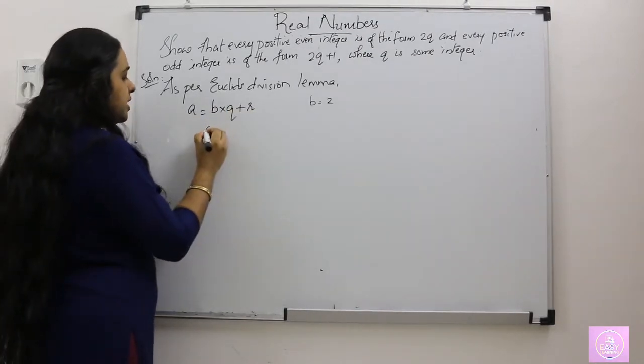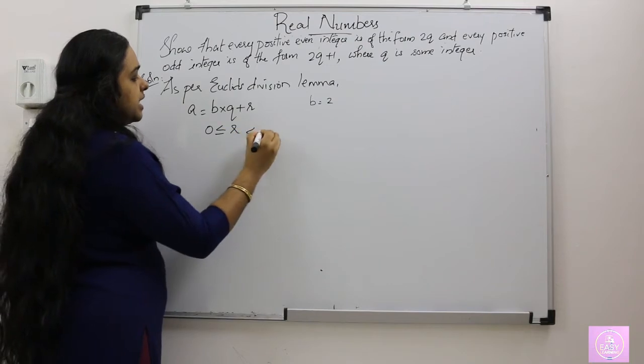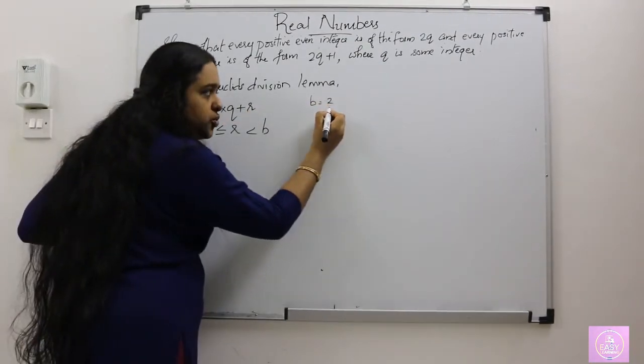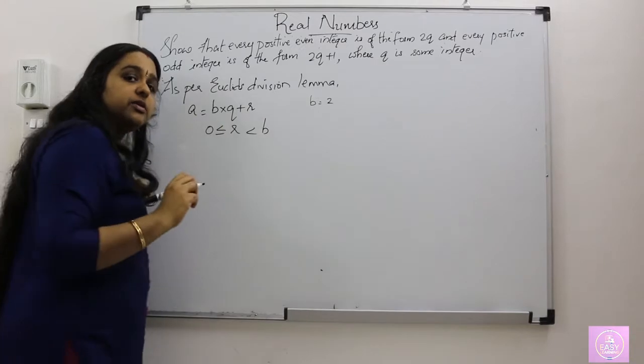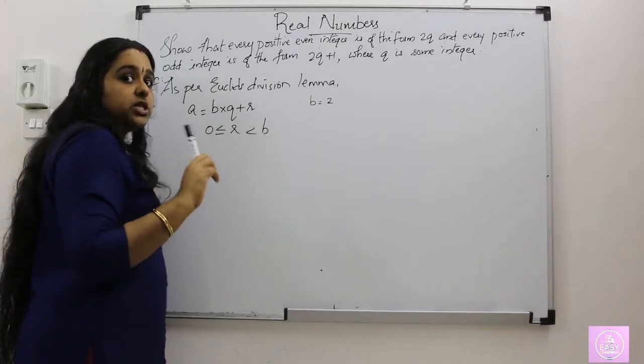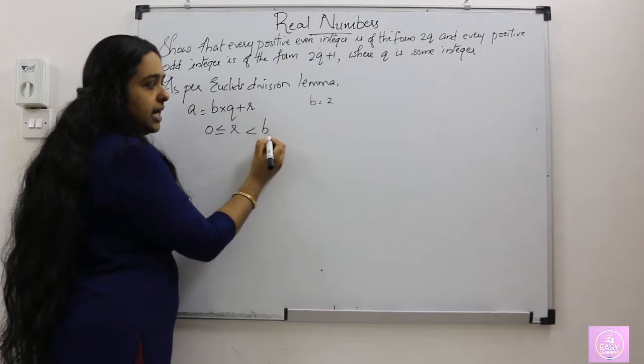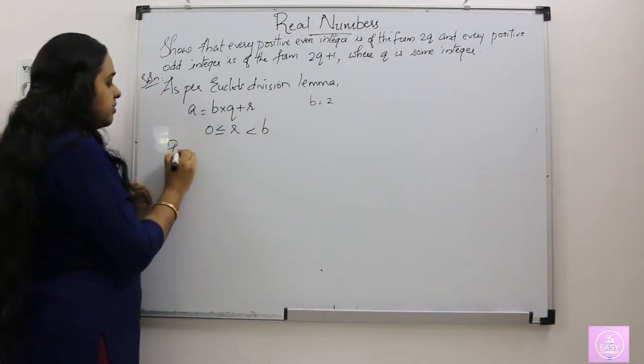And here we also know that 0 ≤ R < B. If B equals 2, then what are the possible remainders? R will always be less than B. Then the possible remainders will be,